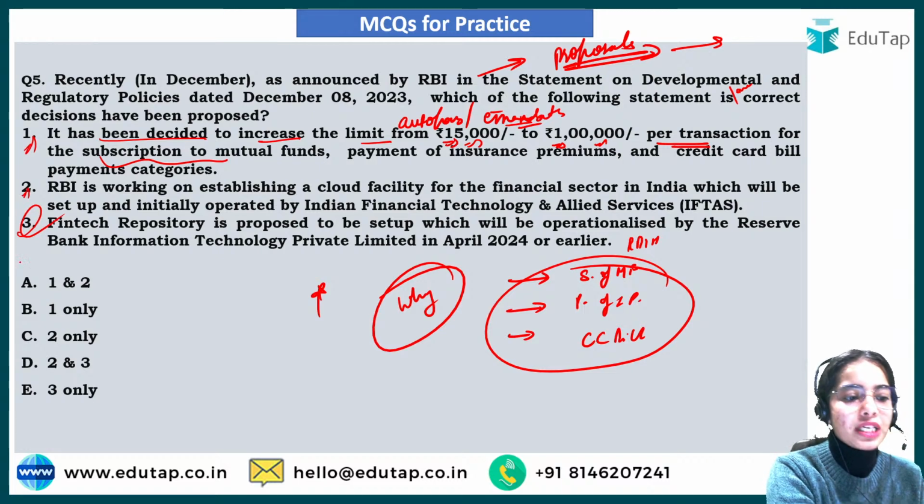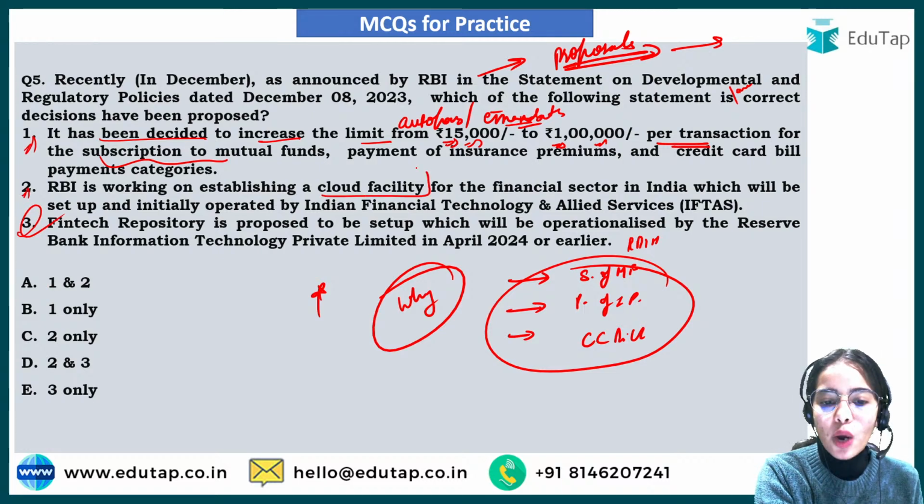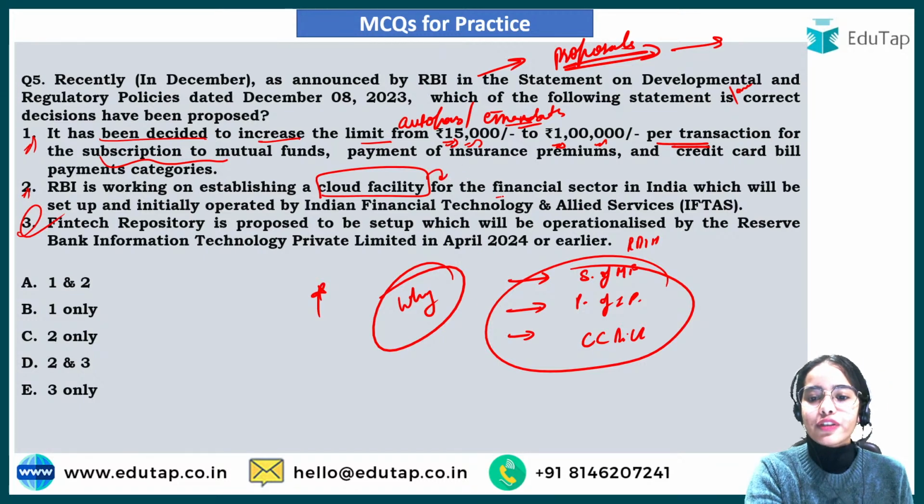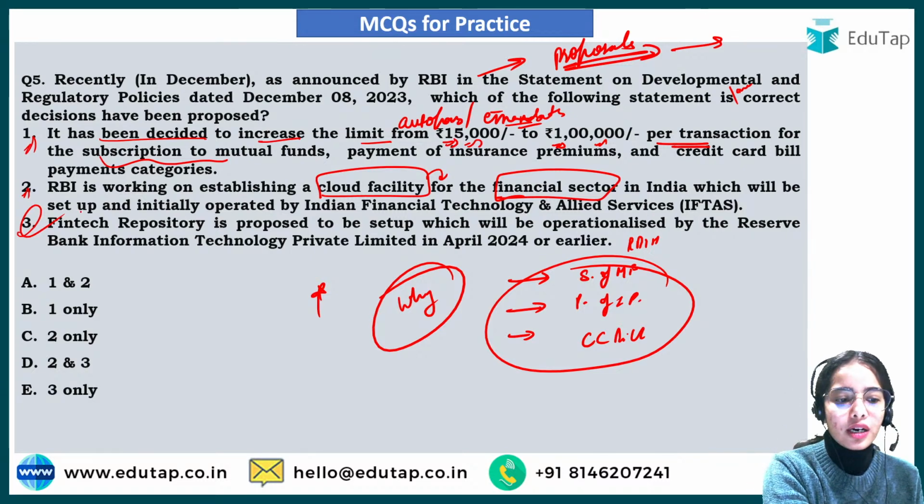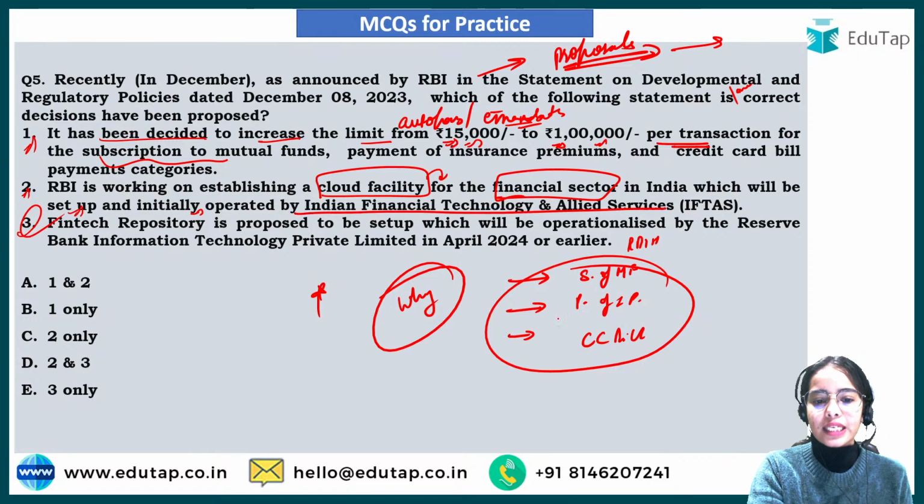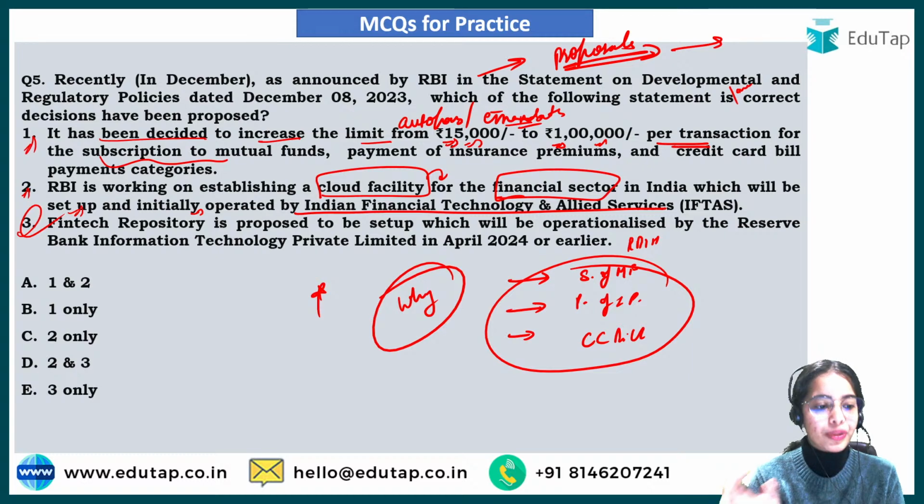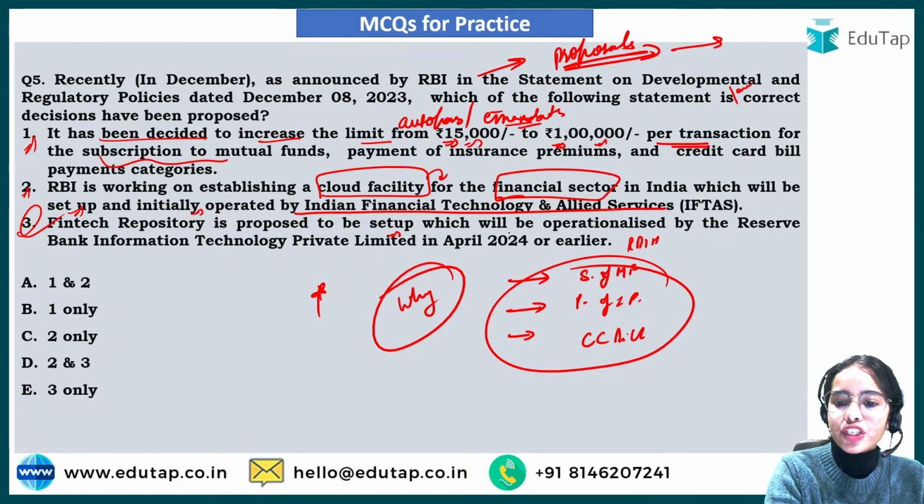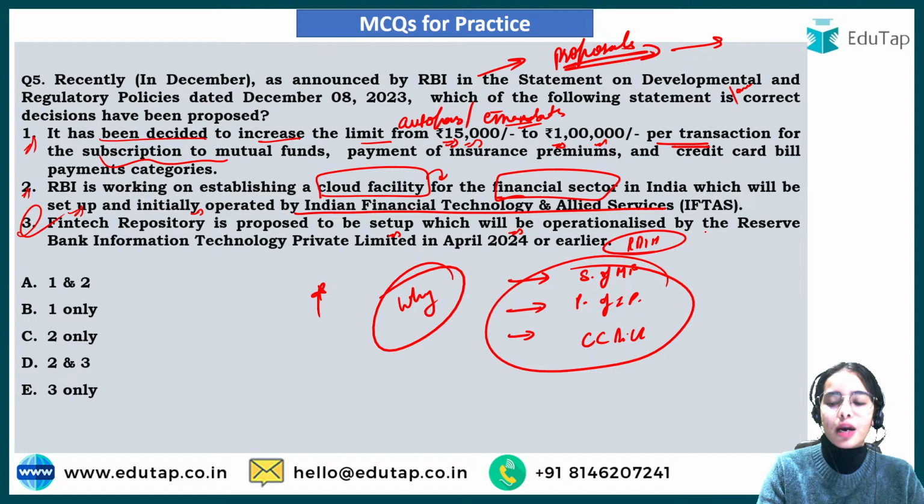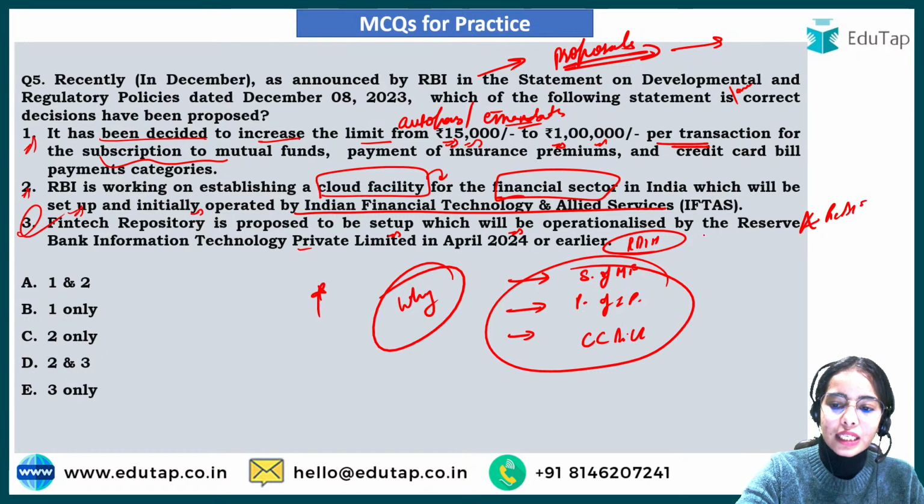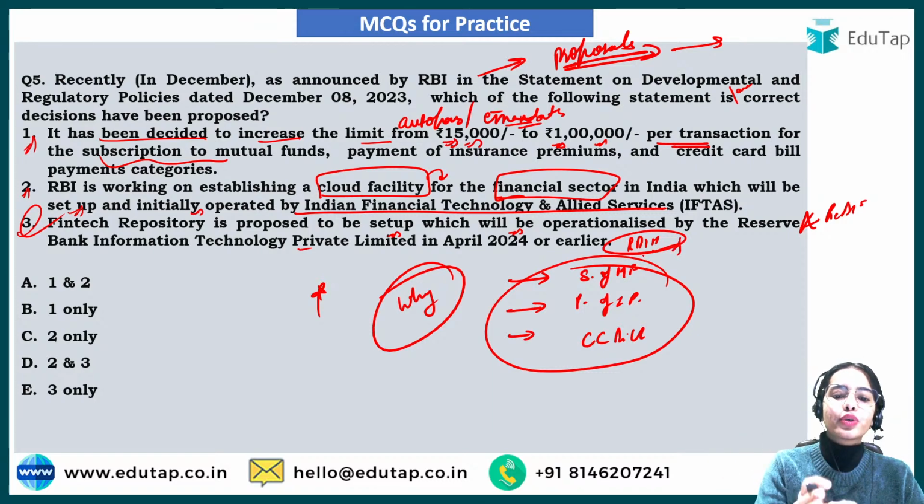Okay. Second statement is also correct, that is RBI is working on establishing a cloud facility in the country itself for the financial sector to store all the data in the cloud facility, and this cloud facility will be set up and initially operated by the IFTAs, that is the wholly owned subsidiary of the Reserve Bank of India. Now fintech repository, which will consist of the fintech data, this is proposed to be set up, which will be operationalized by the Reserve Bank Innovation Hub. So it is not the Reserve Bank Information Technology Private Limited, that is, it is not REBIT, but it is the RBIH, the Reserve Bank Innovation Hub, that is going to set up and operationalize the fintech repository in